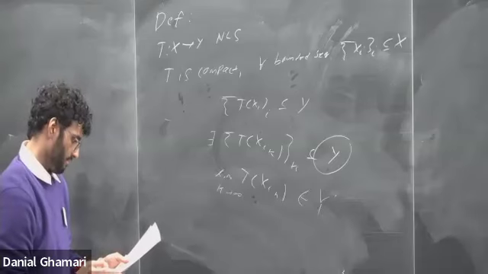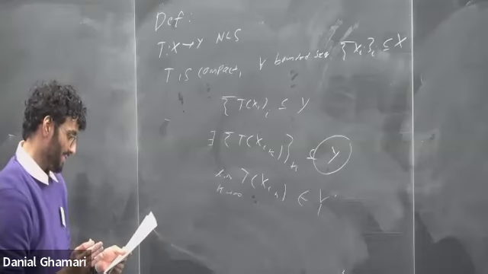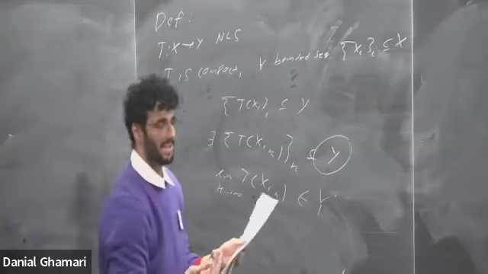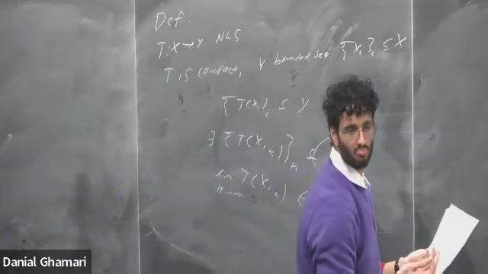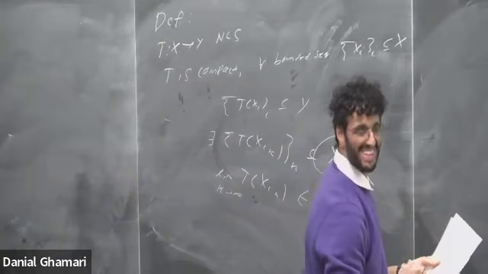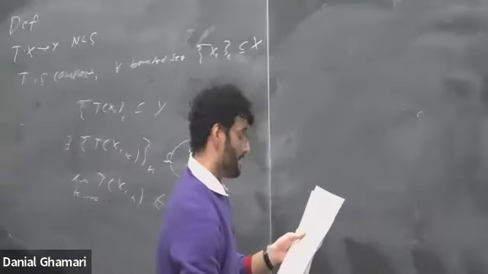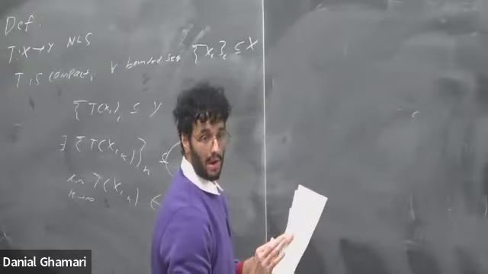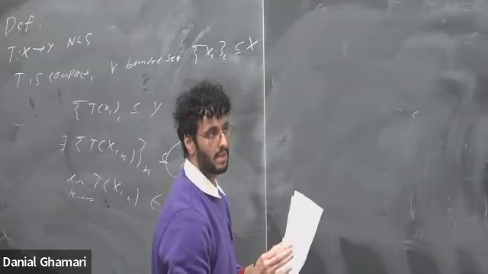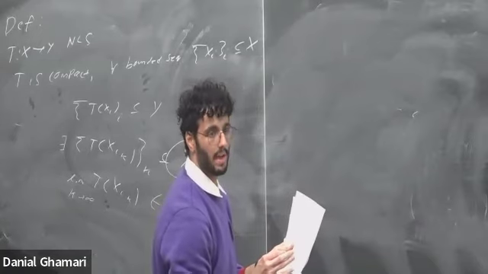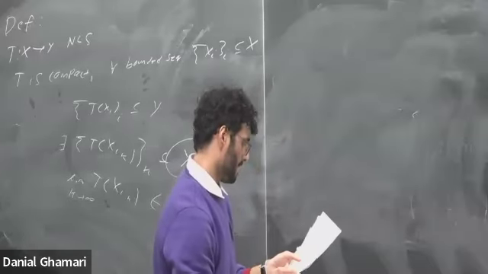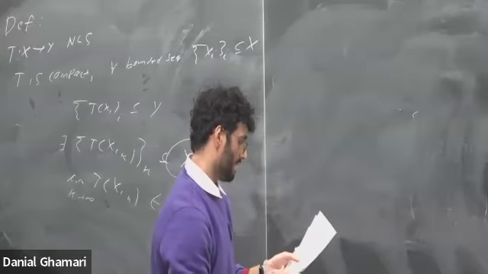Right, so then we'll go through a really simple example. An easy example: is the identity a compact operator? What do you guys think? Right, that's right. The identity is not a compact operator, and it's because the unit ball in infinite dimensions does not have to have a convergent subsequence. Essentially, yeah, I'll go through the proof.